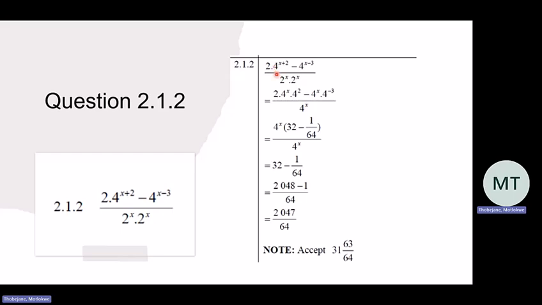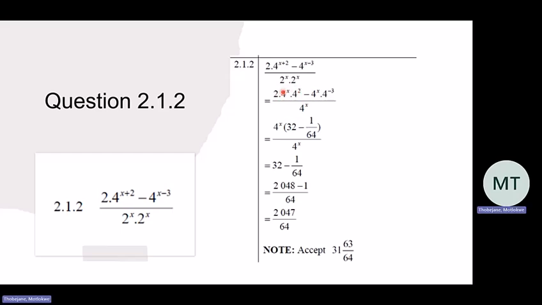Remember the product rule? 2 times 4 to the power of x plus 2 is the same as this one. You're simplifying this one. It would be 2 to the power of x multiplied by 2 to the power of 2. The same way on this side, minus 4 to the power of x minus 1 is the same as 4 to the power of x multiplied by 4 to the power of minus 3. Then what you do is,